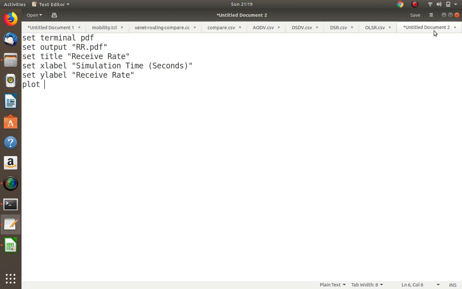Then plot aodv.csv using 1:2, which means first column and the second column. The second column will be on the y-axis, the first column on the x-axis, with lines points, title aodv, comma. Again we have